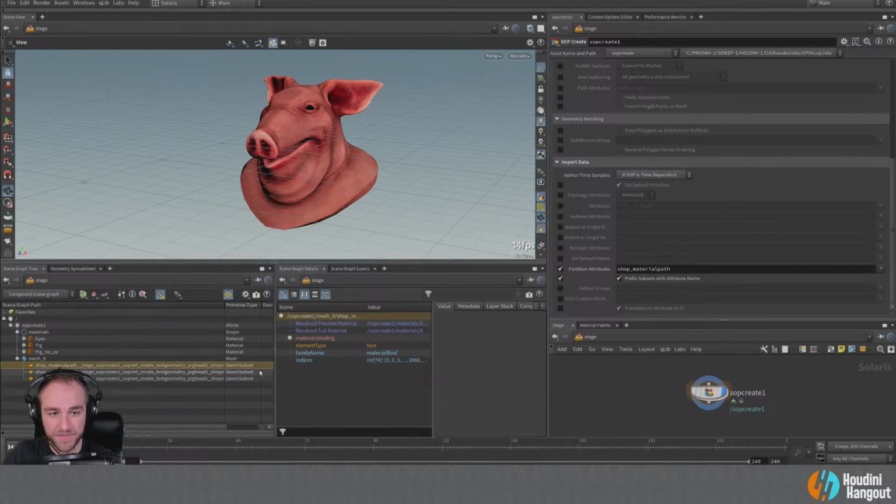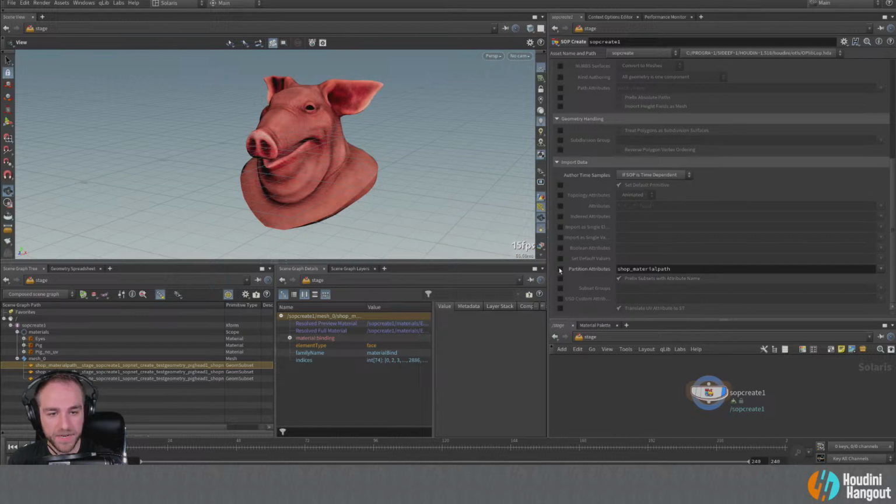Now, unfortunately, the rest of this shot material path is all of the /stage/SOP create /SOPnet /create. So that's what it's reading in here, and that's why it's got this huge, long mess of a name. So anyways, that is what's going on there, and that's something that you can try to clean up a little bit.